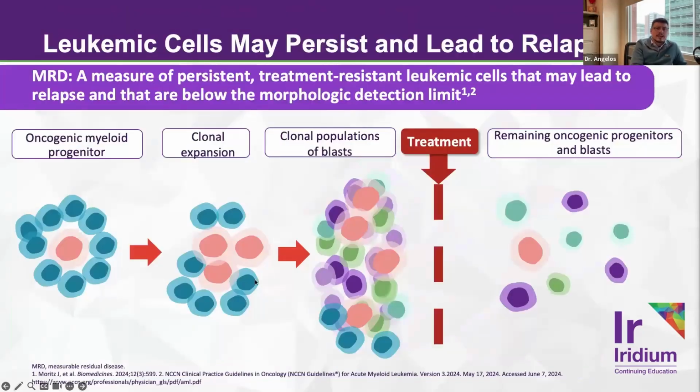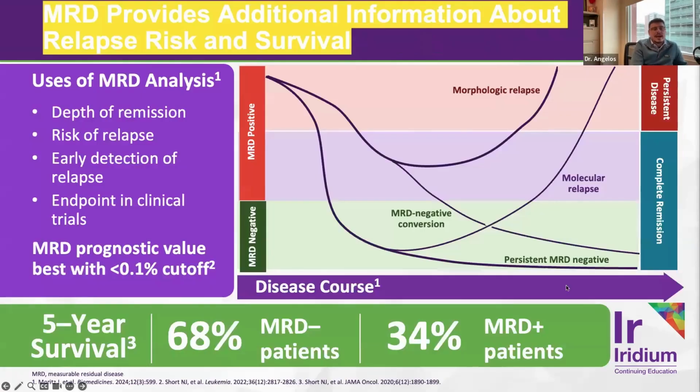And so, what we're really trying to test here is whether or not we can find even the most microscopic levels of leukemia that potentially could be sticking around after treatment that might not be detected morphologically on a bone marrow core by a hematopathologist. In some situations, all of the disease is cleared out by eye under the microscope, but we may have these very small subsets of leukemic clones that are only detected by doing multi-parameter flow cytometry or also genomic testing if you have a specific gene mutation that you can go after.